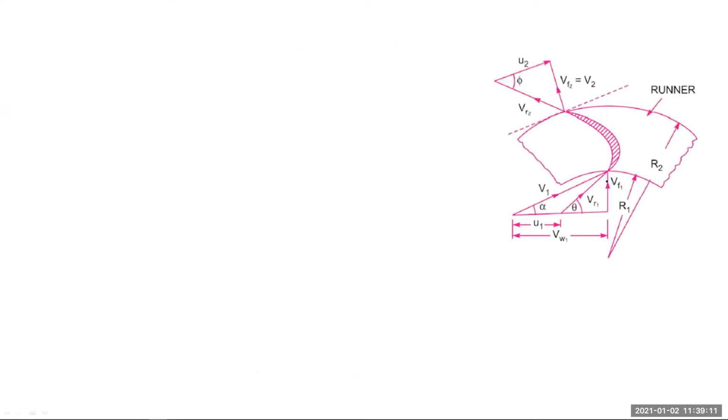As you can see here, this is your velocity triangle diagram, as we were drawing previously also. If the question mentions a radial outlet, keep in mind that beta will be equal to 90 degrees. Rest everything remains the same: B1, U1, BW1, BR1, BF1, BR2, this will be your phi, this will be your U2. Practice and practice this diagram.